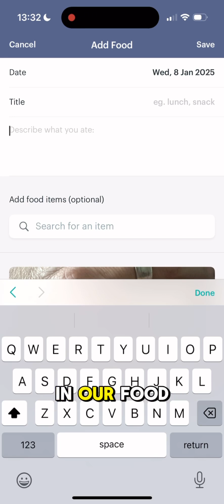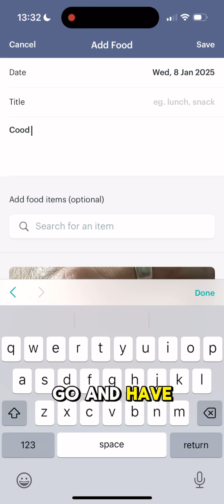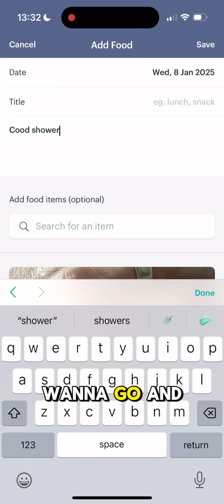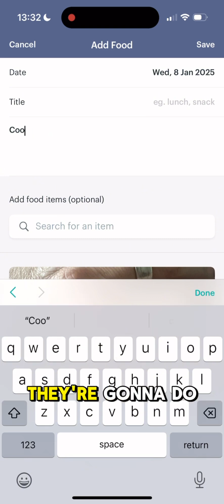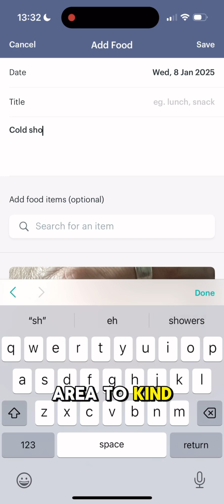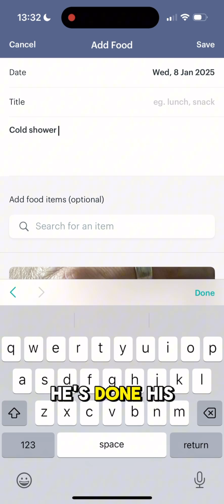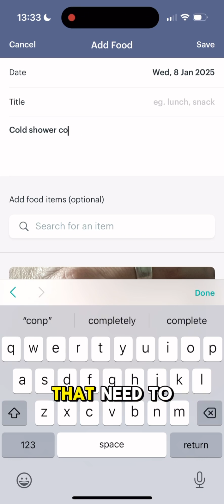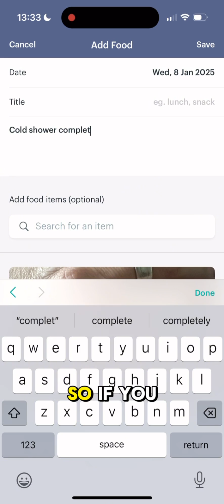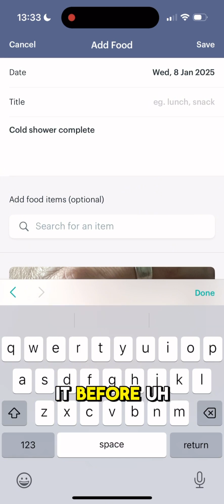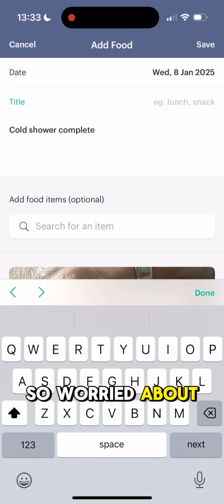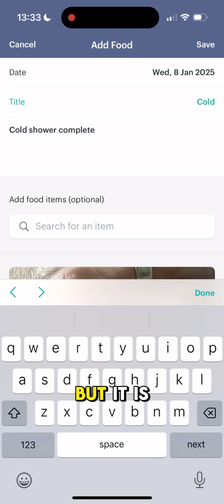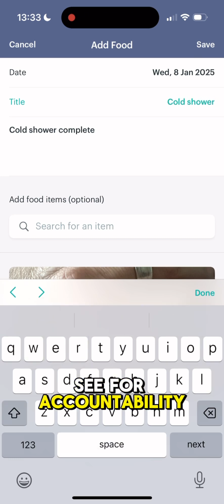That'll then save it in our food diary section, so I can go and have a look if I want to check that someone's done all the things they've said they're going to do. That'll be the area to evidence it, so I can have a look and go, oh yep, he's done his cold shower, brilliant. Nothing that I need to question and say, is that a truthful tick or not? For you guys that have done it before, I'm not quite so worried about it, because I know you've done it before, but it is something I want to see for accountability. At the end of the day,